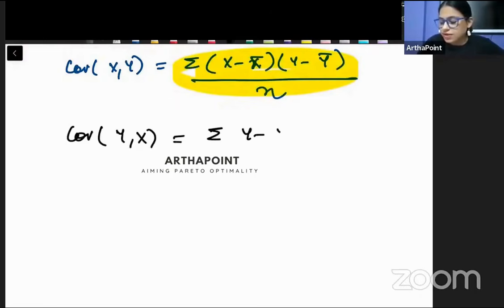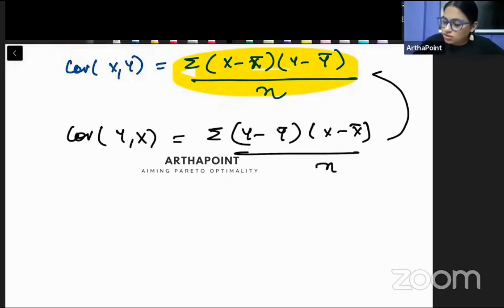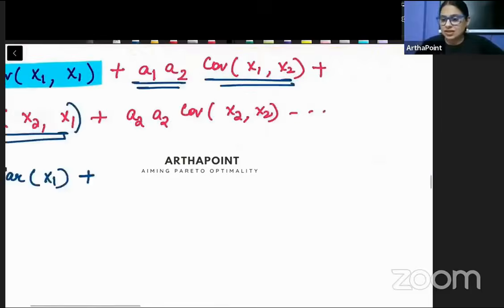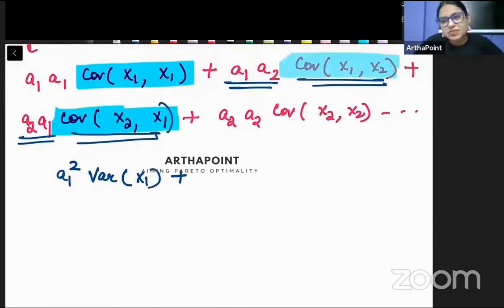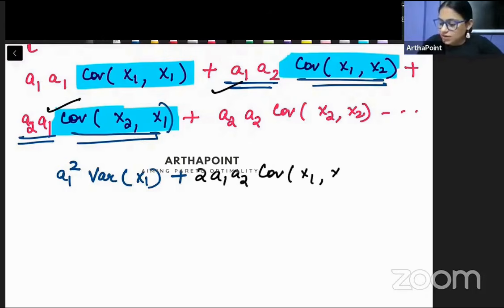This will be समेशन y minus y bar, x minus x bar by n, तो both things are same only ना, दोनों सेम ही तो आ रही हैं यहाँ पे। तो अगर दोनों चीजें सेम ही आ रही हैं तो ये कोवेरियंस x2 और x1 का निकालो, या x1 x2 का, it should mean the same thing। तो बेटा isn't this and this combined together, ये हो जाएगा 2a1 a2 कोवेरियंस ऑफ x1 x2। फिर यहां देखो this is a2 स्क्वायर, तो प्लस a2 स्क्वायर।